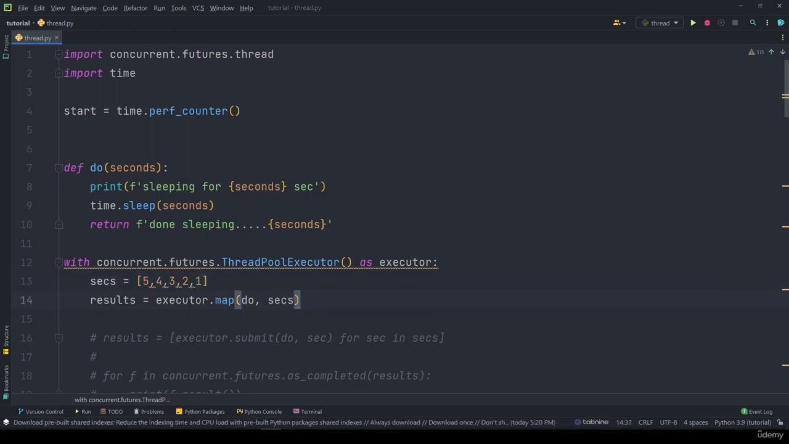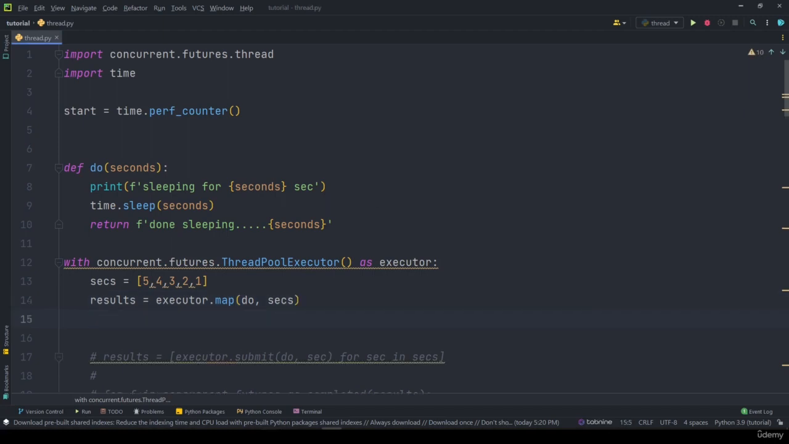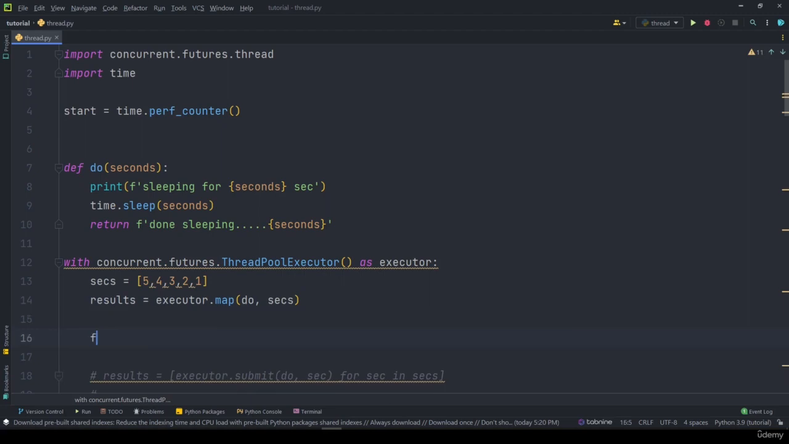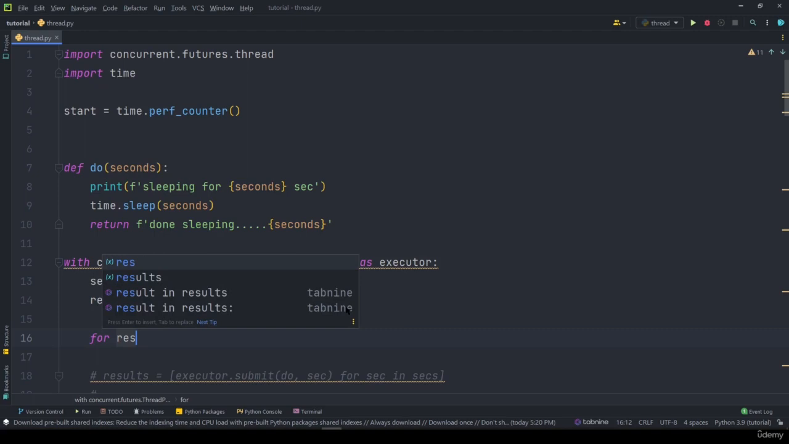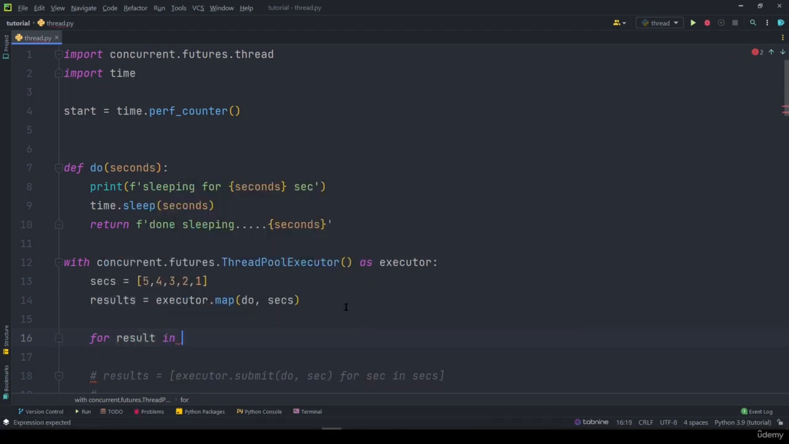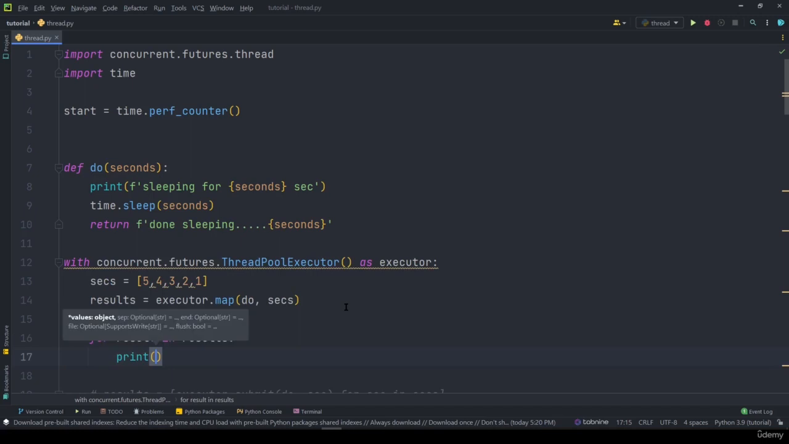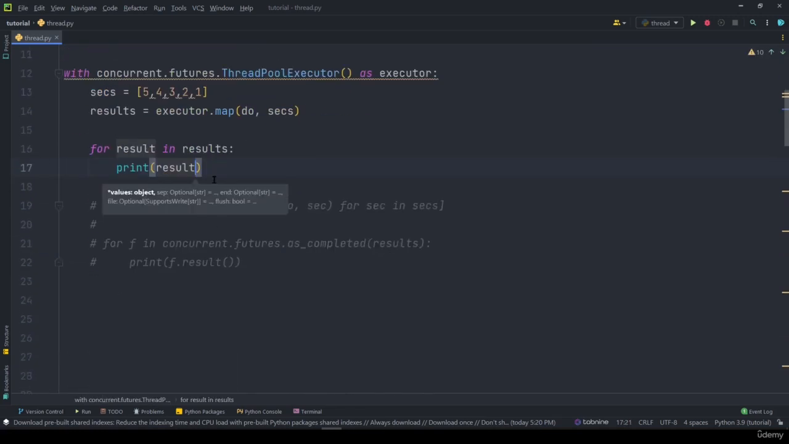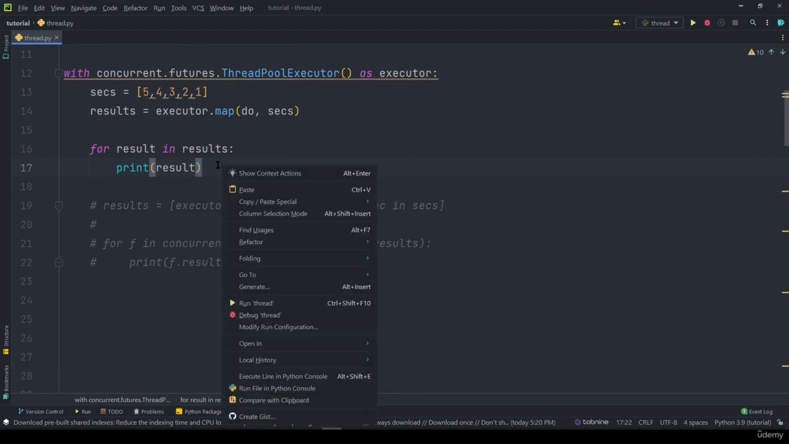So now we have to iterate over this. I told you that it returns an iterator or an iterable. To iterate over it, we can say for result in results, and we can print out the result. So now if I just run the program,